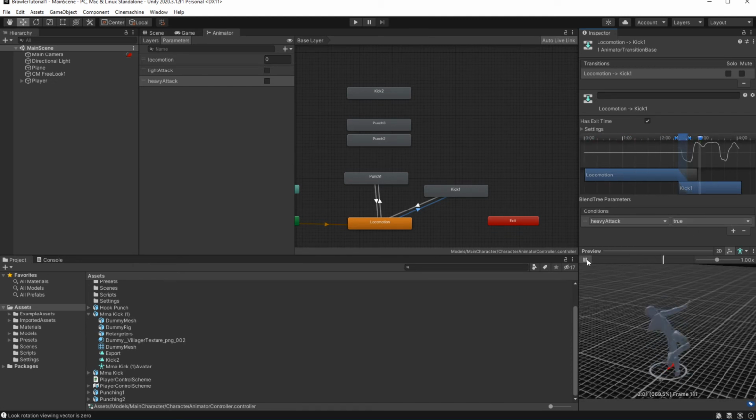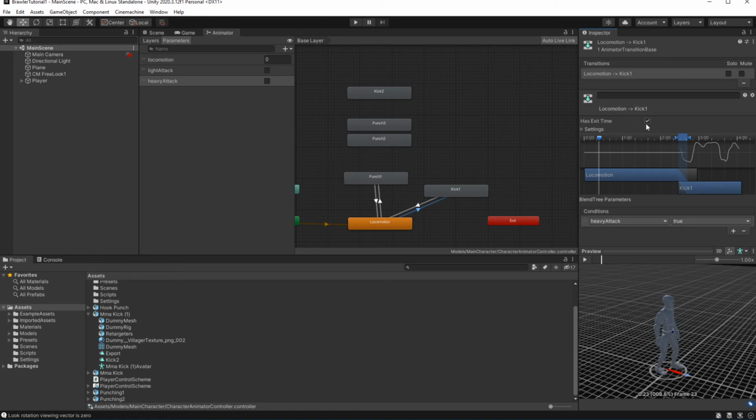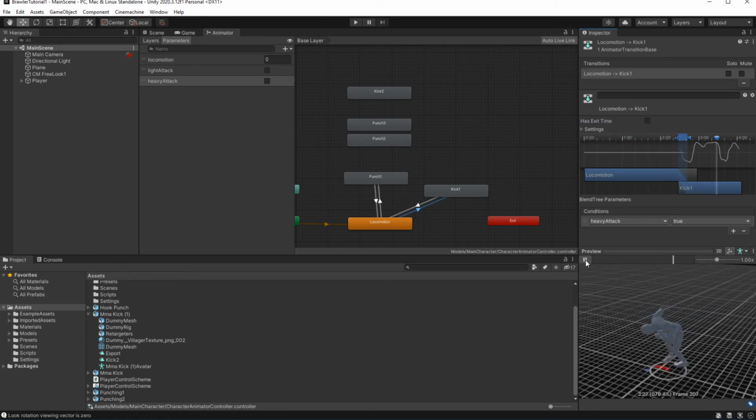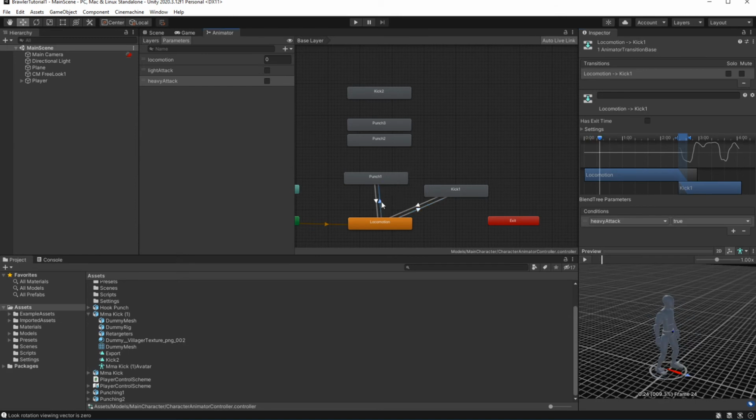Remove exit time, that will make it so the transition and play of the animation will be done the moment the condition is met, because the animation will not wait until the end of the current animation.